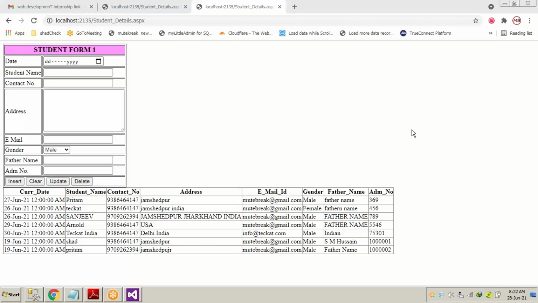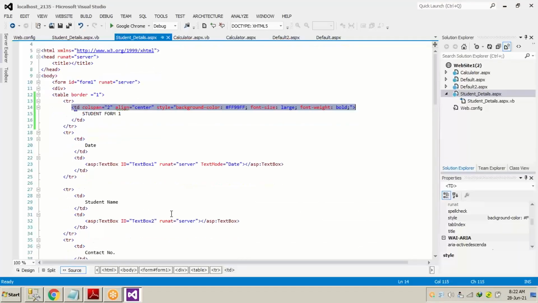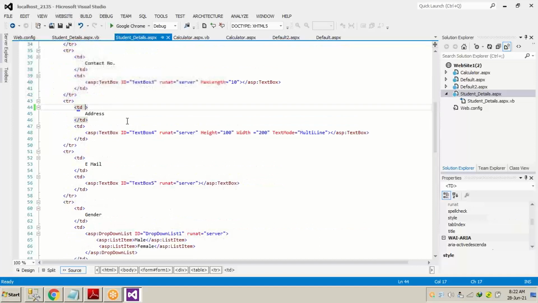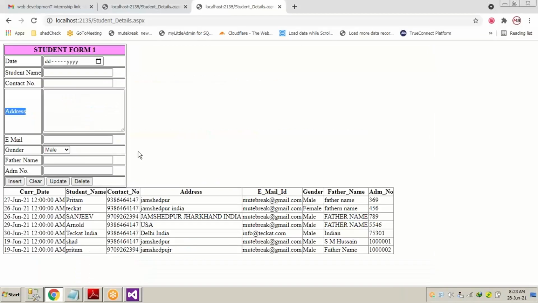Now we are going to use something more in our form. As we have to push the address on top, we will be using VLAN, and in that VLAN property, we will be using an address TD. Now let's see if it goes or not. There are many ways to push it on top. Let's see what Sip Santosh has.